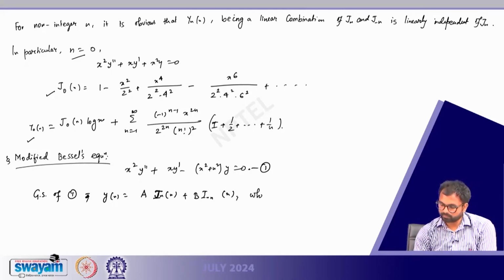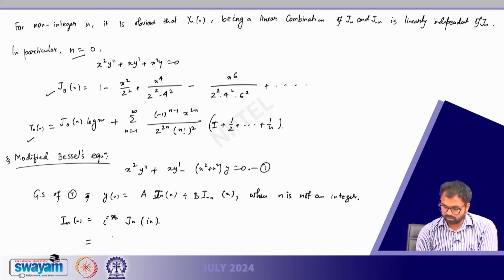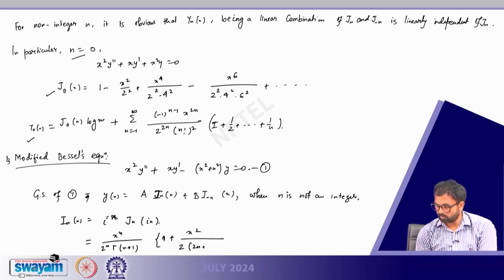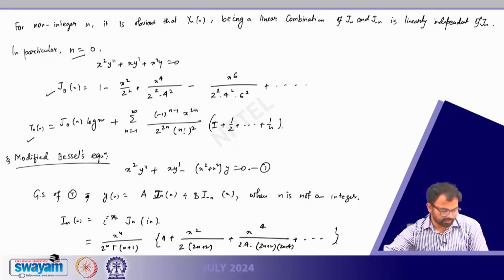where this holds when n is not an integer, and a and b are constants, and I_n(x) is defined as i to the power minus n J_n(ix), where i is our usual imaginary number, and this is given by x to the power n by 2 to the power n gamma(n plus 1), within bracket 1 plus x squared by 2(2n plus 2) plus x to the power 4 by 2 into 4 (2n plus 2)(2n plus 4), and so on. So, this is our usual I_n(x),